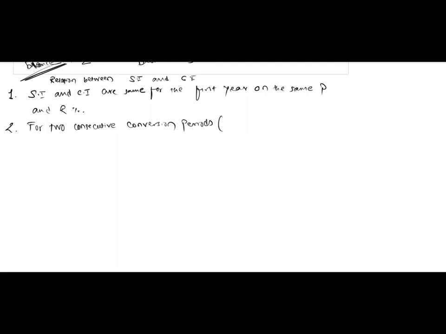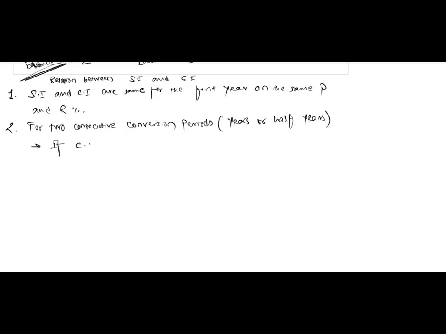Conversion periods means years or half years. For two consecutive conversion periods, that is years or half years, as given in the question, two things are to be kept in mind. Number one,